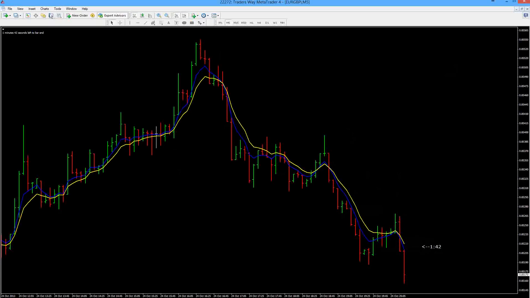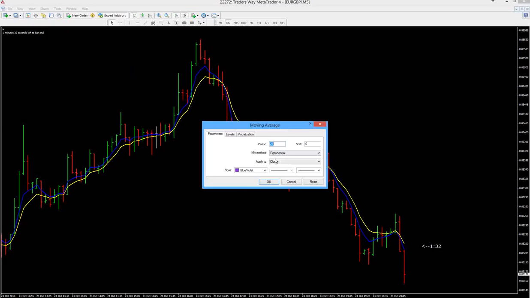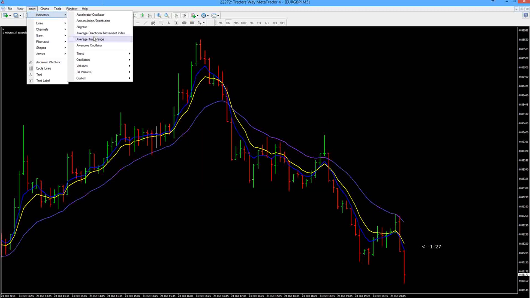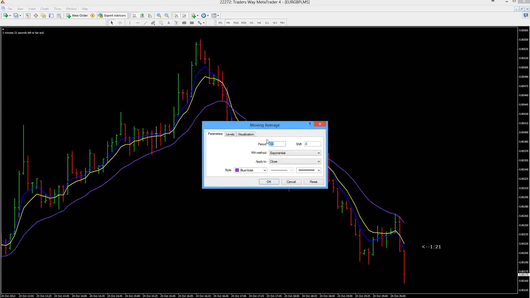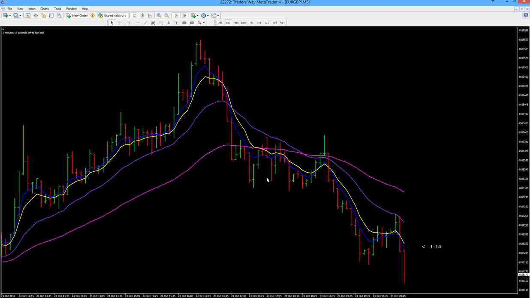So if we go into it again, go Insert, Indicators, Trend, and we're going to do Moving Average. We've got 21 there still, it's a lovely color. And let's do purple, whatever. Insert, Indicators again. Let's throw that 55 on there. And I don't remember what color it is, we'll just do the pink again, I think it was. Okay, so now what we have,